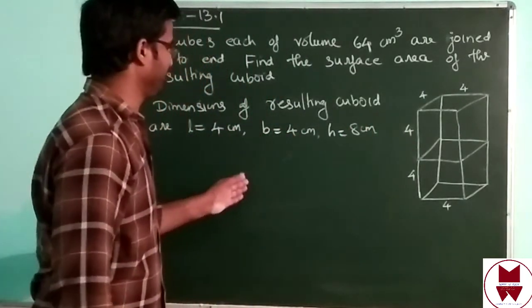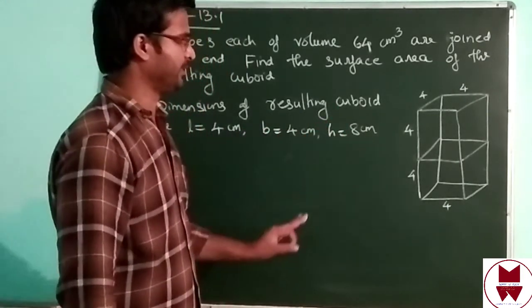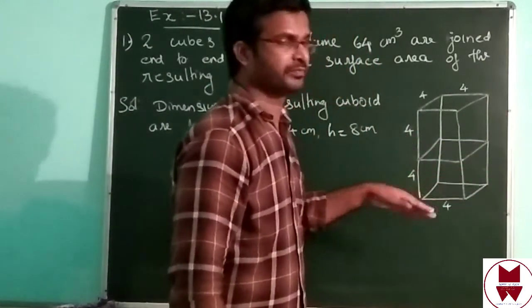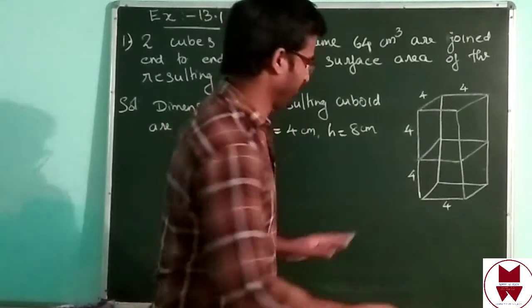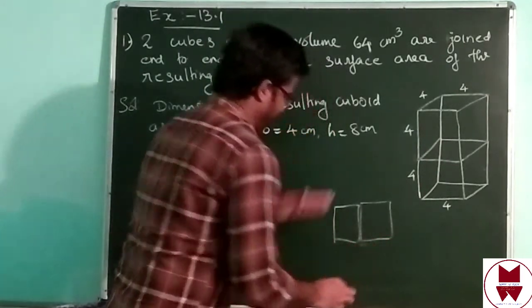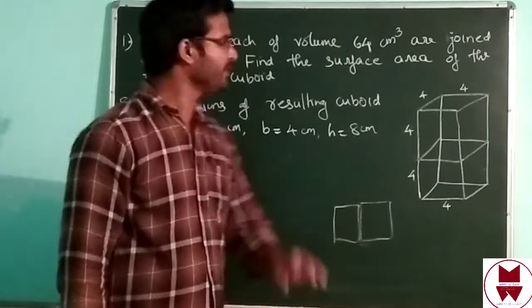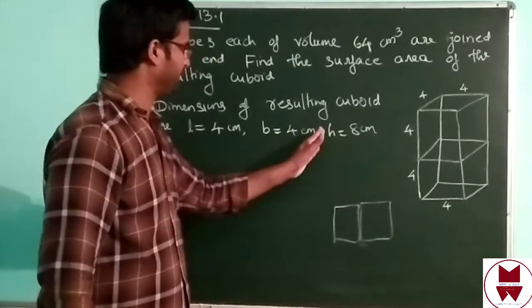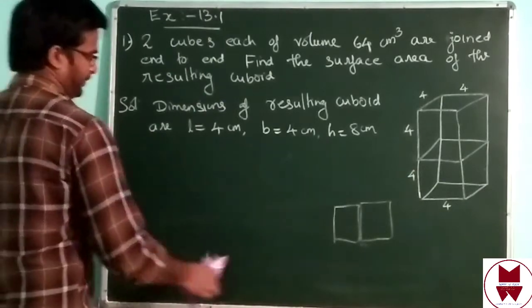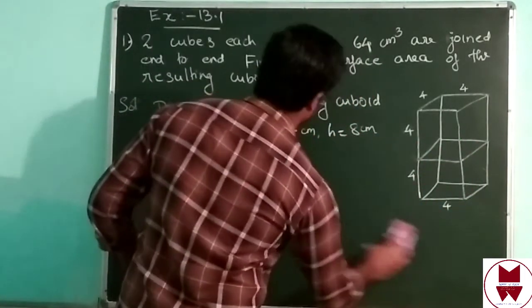Length is 4 centimeter, width is 4 centimeter, only the height will change, 8 centimeter. Then another one, if you keep the opposite side, at that time length will be 8 centimeter. Keep in mind, if you draw this like, not top, this side, if you are keeping it, at that time length will be 8 centimeter. Anyway, one measurement will be 8 centimeter, then the remaining 2 are 4. Any side you can draw, at that time L will be 8 centimeter. You will get the same answer.